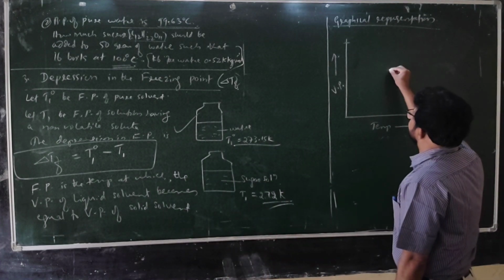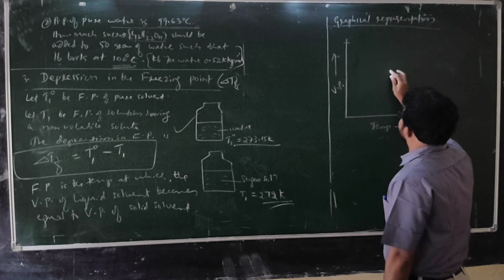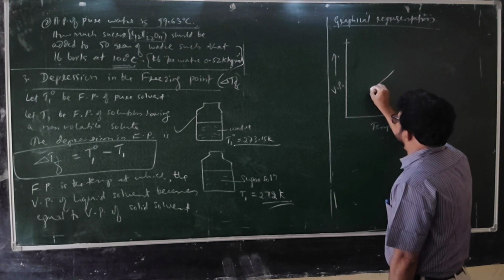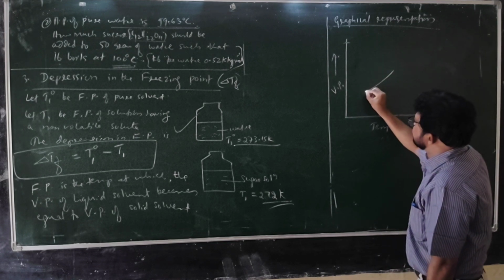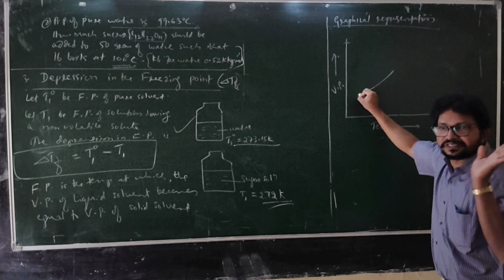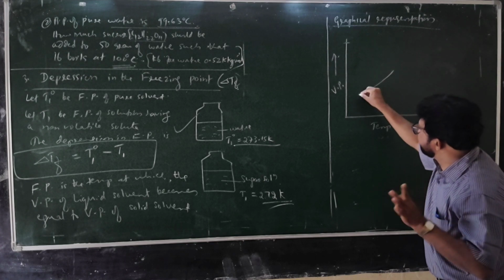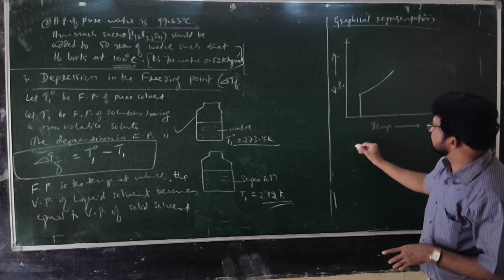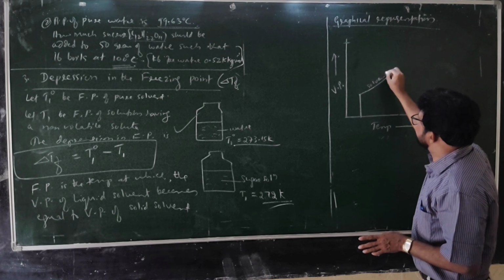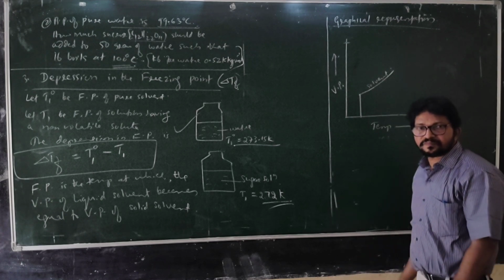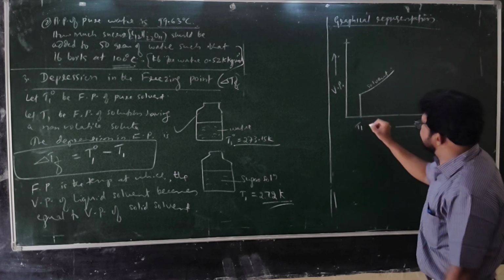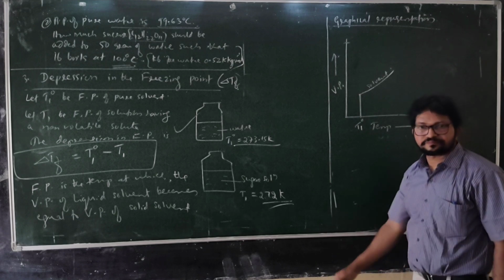Your graph is now in the reverse side. You are here. Your graph is in the reverse side. Vapor pressure decreases, decreases, decreases. Say you have reached freezing point, 0 degree. Immediately, what is observed? Cooling. So this is a minus degree. This is 0 degree for water. This is solvent. This is T naught. Okay.